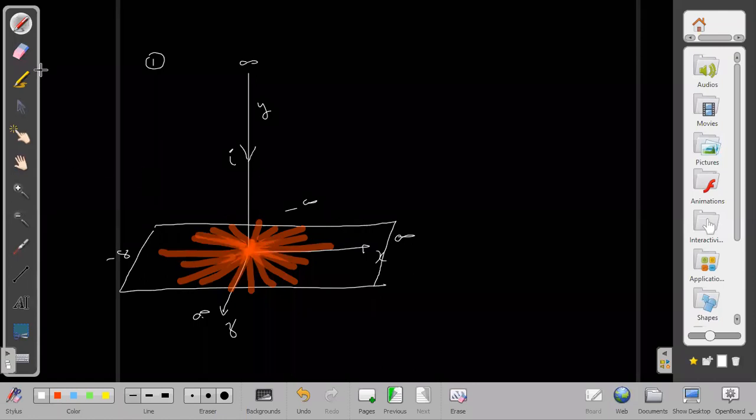The question is, what is the field at a point P here, P1 let us say, and a point P2 here. P2 is below and P1 is above. P1 is at a distance R from here and P2 is also at a distance of R from here. Find out the fields at P1 and P2. Use ACL, Ampere circuital law. If you know how to use it, you will definitely get it right.